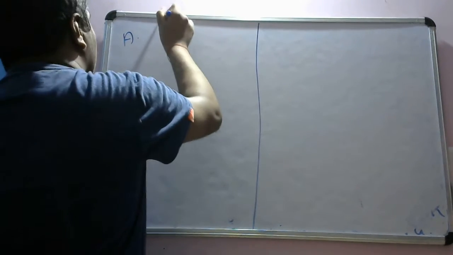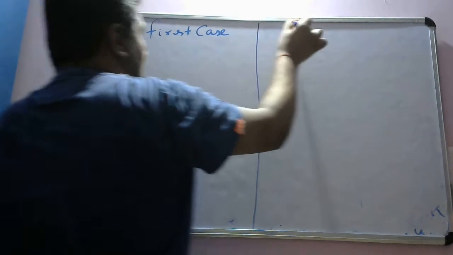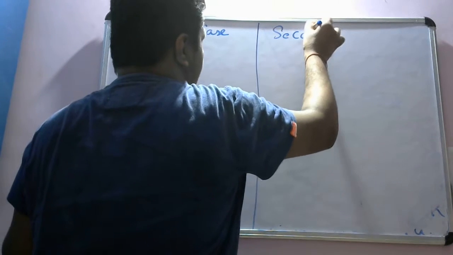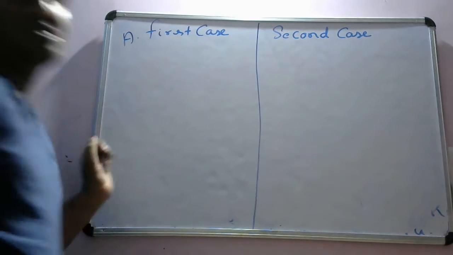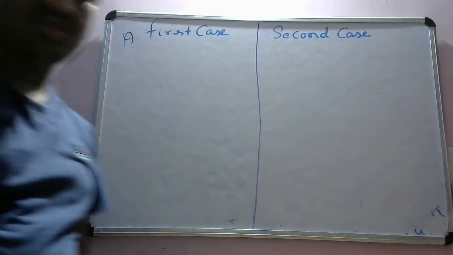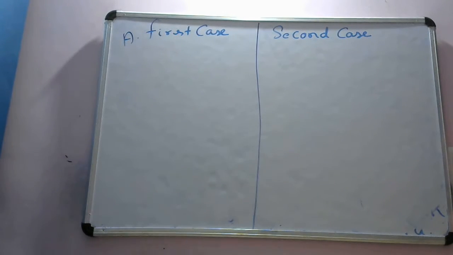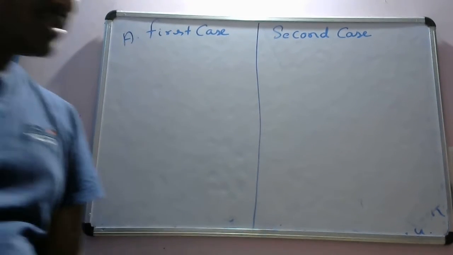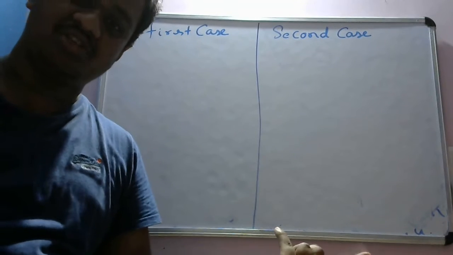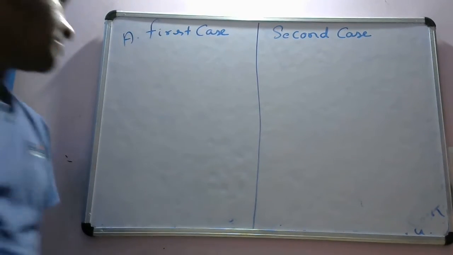Now, this is the first case where all the data is given to us. This is the second case where we have to find the concentration. Now you note that pi equal to CRT. It is given that temperature is constant, so the osmotic pressure is directly proportional to concentration. So if the concentration changes, the osmotic pressure will change. Temperature is constant, given here.